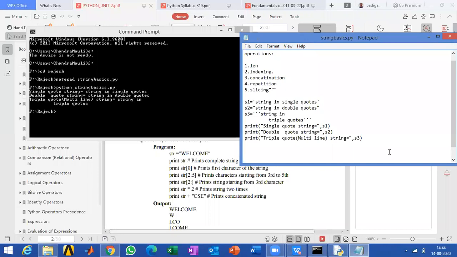And next one, for calculating length of each string. For example, first operation is length. So print